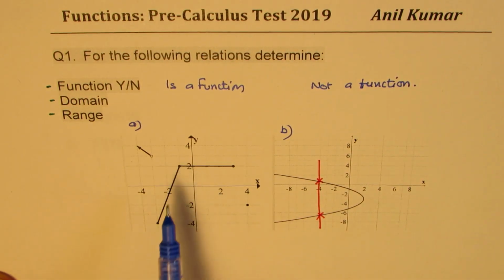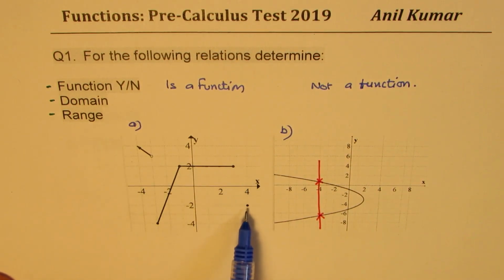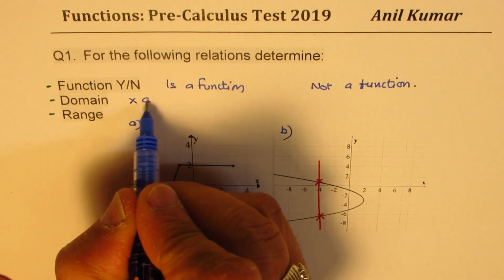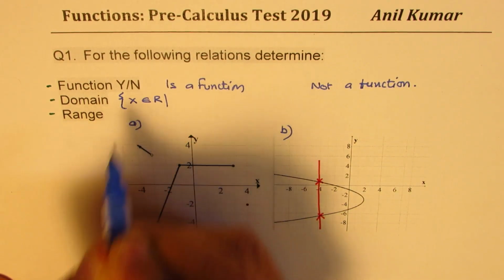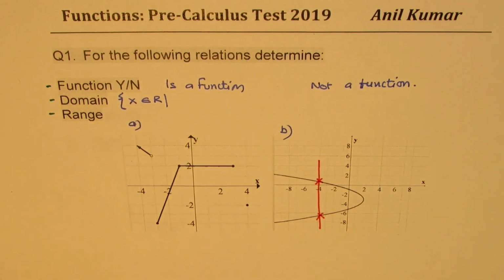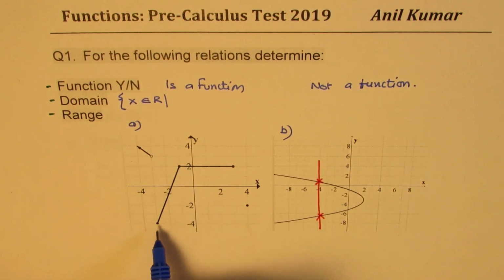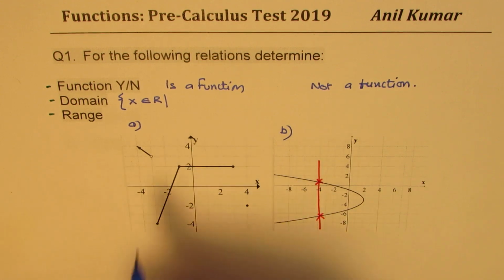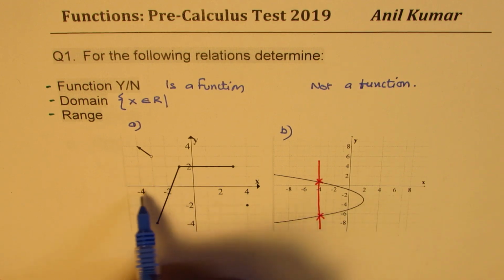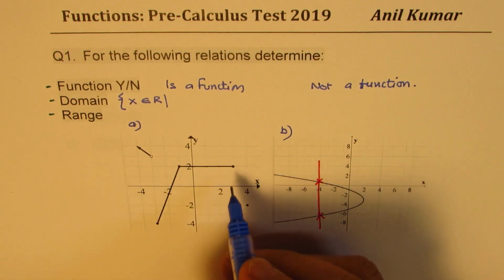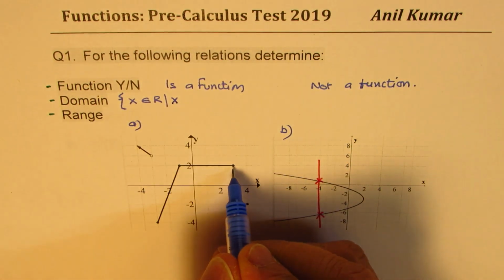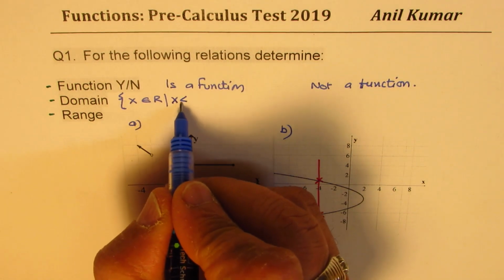Domain. Now, how do you write the domain of such a function where a point separately is also given to you? Well, let's try to figure it out. So what you can do here is you say x belongs to real numbers, such that, and put it in curly brackets. That is the set of. Now on the left side, you see at minus 3, there is a jump discontinuity, right? However, the domain is continuous till this point, which is 3. So you can say x is, and this point is a filled circle, so it is less than or equal to